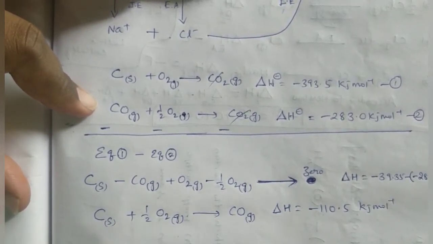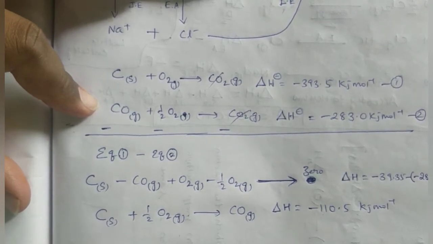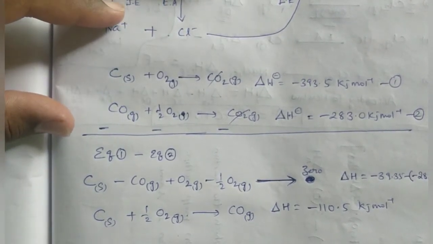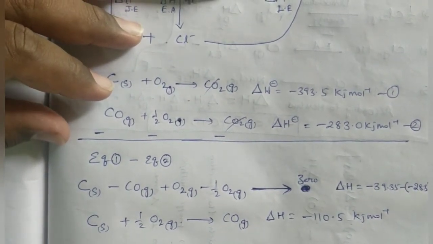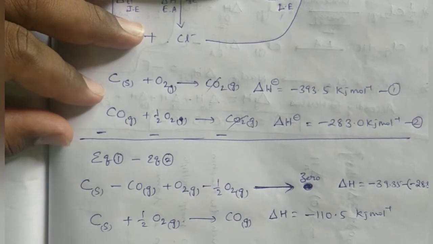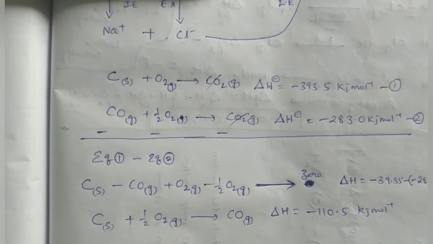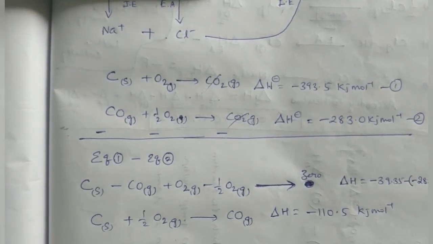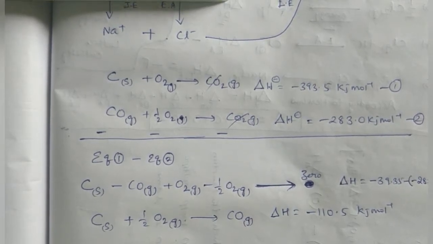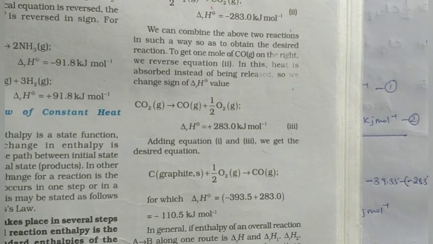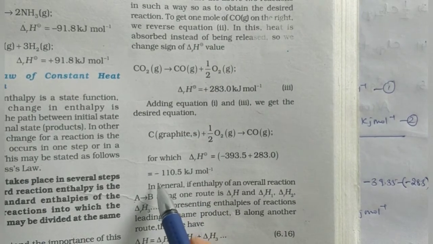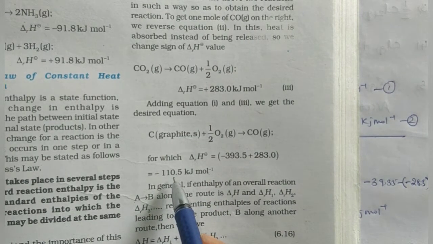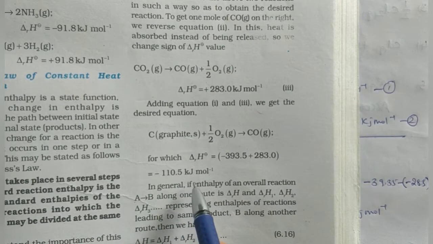Like that we can do mathematical manipulations of equations depending on Hess law. That is the major use of Hess law. Is it okay? I hope you are clear. By seeing this explanation, I hope you are clear, everyone. Now we will see this one. See, adding equation 1 and 3, we get the desired equation, and the final answer is minus 110.5 kilojoules